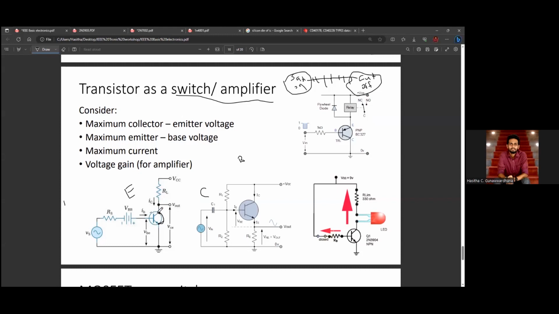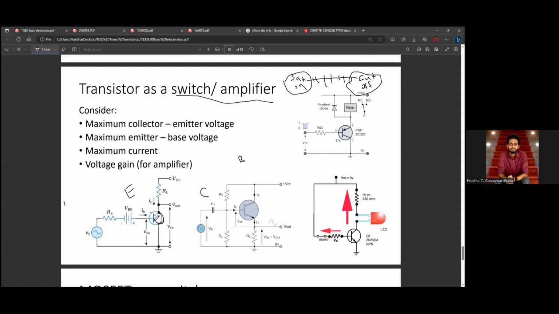So if we consider the safe side, we have to consider what the current moving through this line is if the transistor is fully closed. If we connect this collector and emitter with a wire, what will be the current flowing through the transistor? That will be the maximum current flowing through this circuit. Okay, I think you can understand.